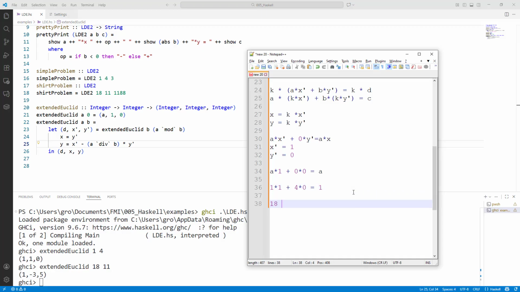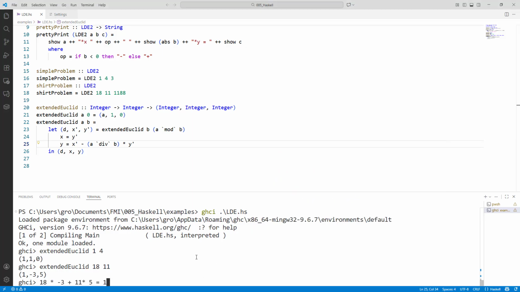We had 18 times minus 3 plus 11 times 5 should be equaling 1. Is this correct? Fortunately, we have Haskell,